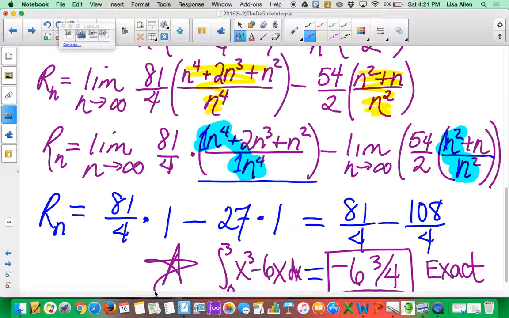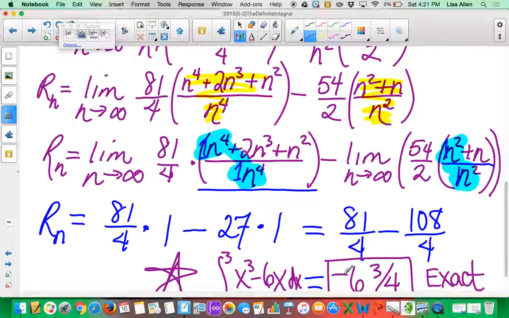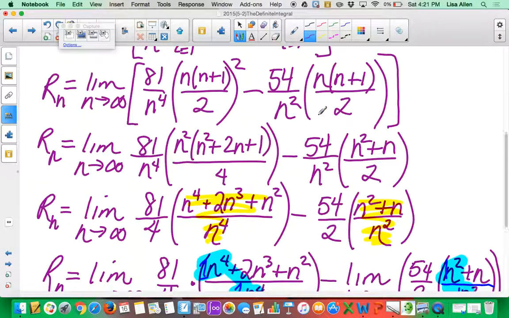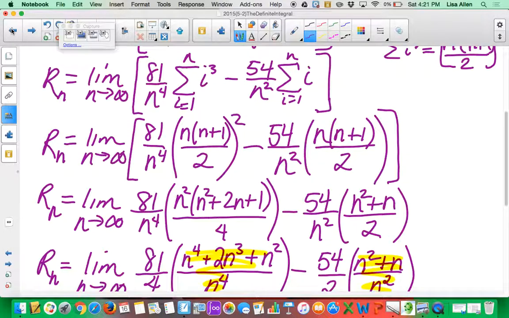Now, comparing that to the previous answer is always interesting for me, that I would see on the previous answer we got that the approximation to the